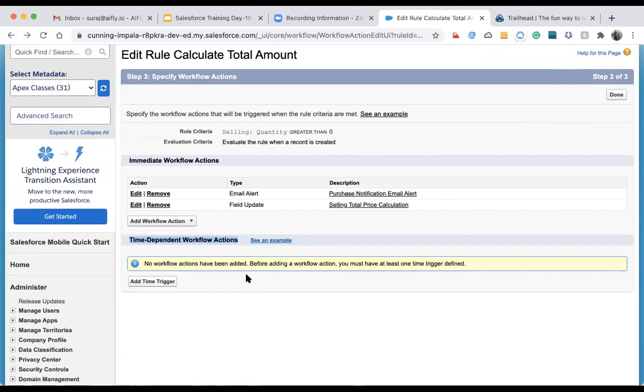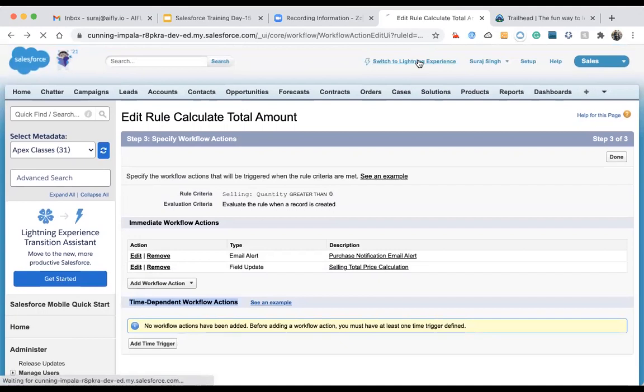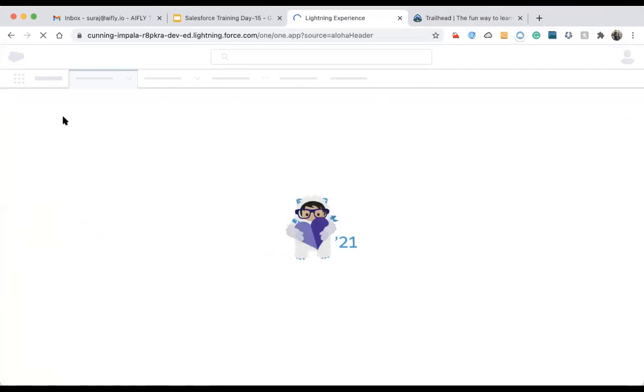Okay. So time dependent workflow actions are those actions in which, suppose we need to send an email.